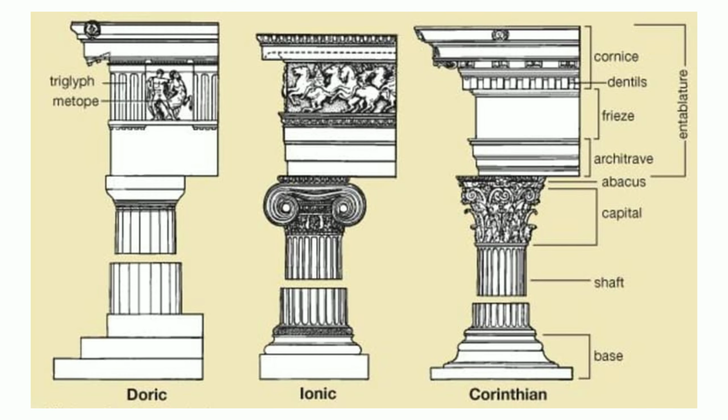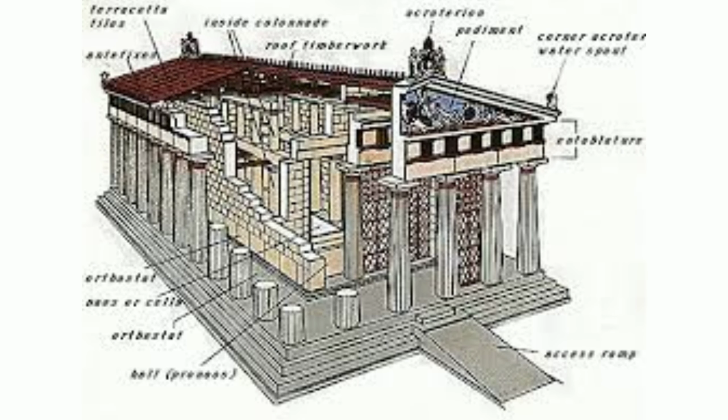There are three distinct orders in ancient Greek architecture: Doric, Ionic and Corinthian. These three were adopted by the Romans, who modified their capitals. The Roman adoption of the Greek orders took place in the 1st century BC. The three ancient Greek orders have since been consistently used in European neoclassical architecture.